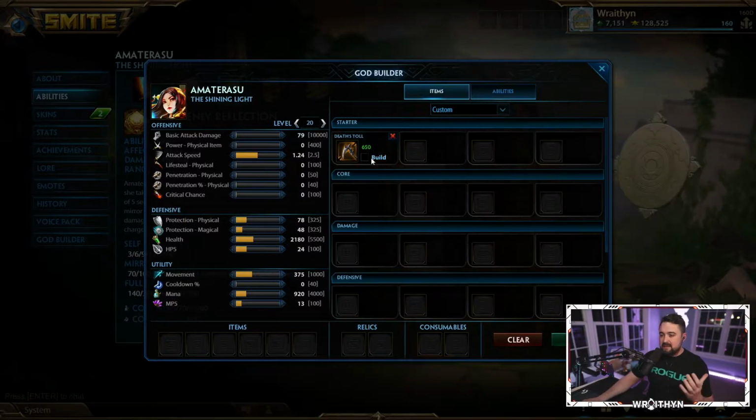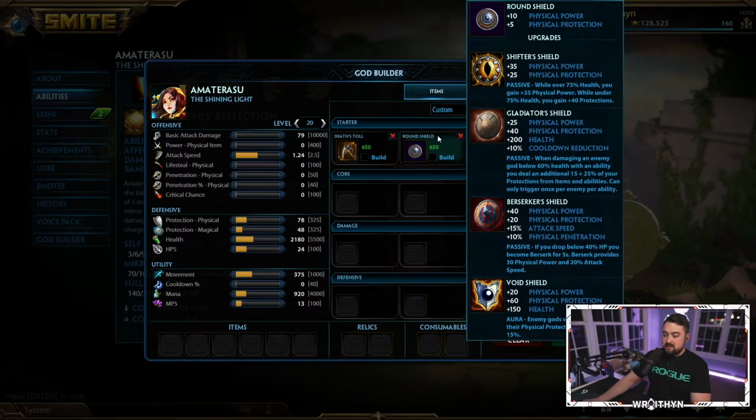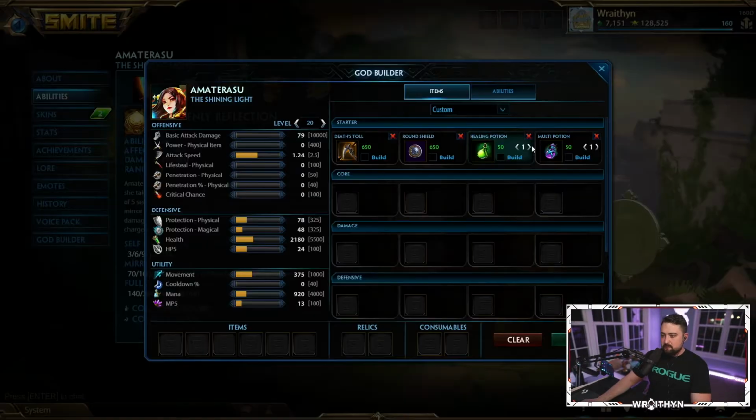The second thing is your start. So now we selected our first item. Now we have to say to ourselves, okay, what are we going to get the absolute most value out of when we start this game? Amaterasu has a lot of sustain in her kit. She's able to box very well. She does a lot of damage. For me, because I know we're going to be going into a Berserker shield, either round shield and then 2 health and 2 multi potions, because I'm going to back and I'm going to want to get full boots, or